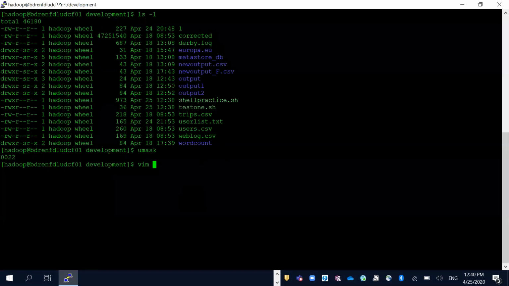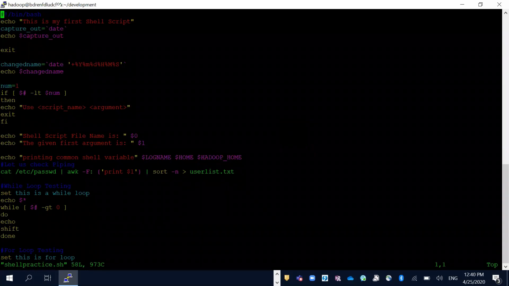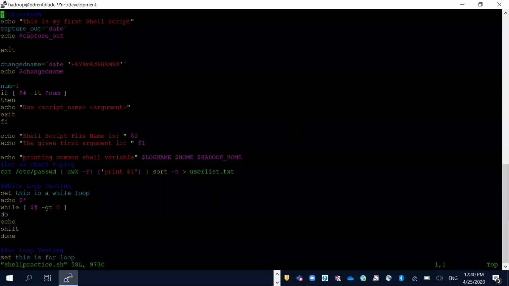So now let's go one by one and see what the building blocks of shell scripts are. Here, the best practice is to define which shell you are running. We are running in bash, so that's why I have defined it. And I would like to say it's my first script,